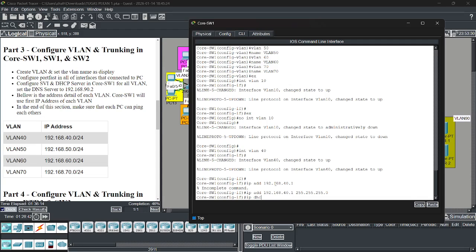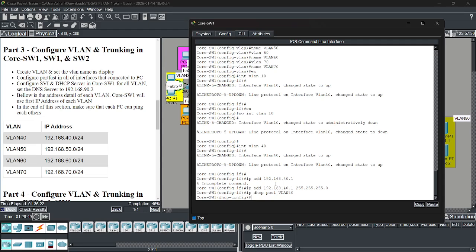IP DHCP pool VLAN 40, and then network is 0.40.0.